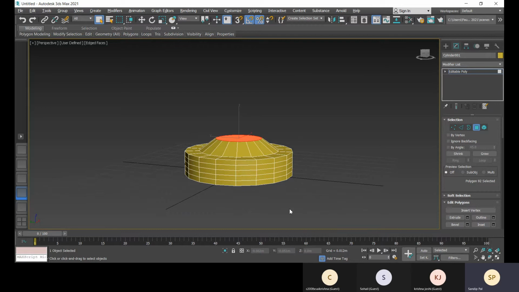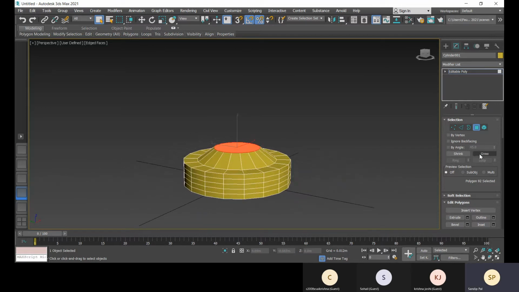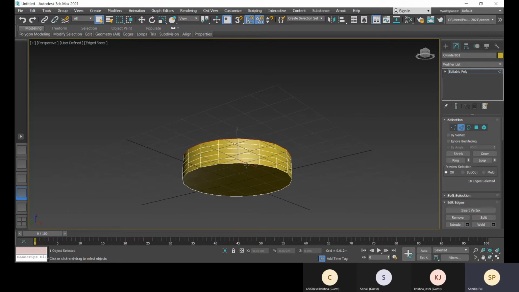Yes, and now I will select this edge with loop, and then with control select this edge. You cannot select the loop, because this is already selected, and the total won't be selected as a loop.